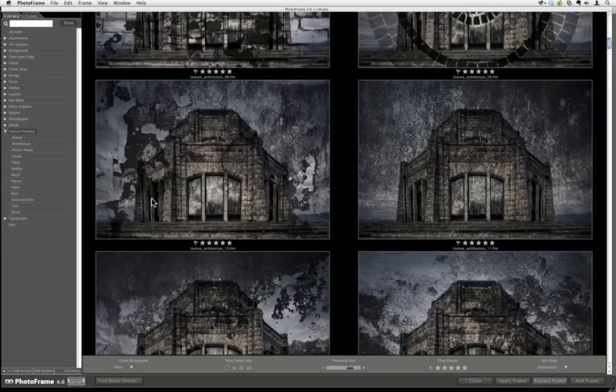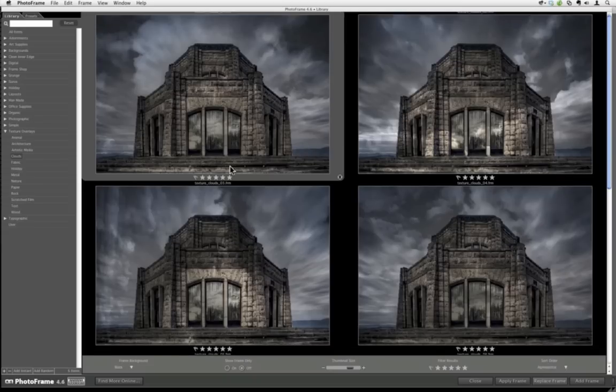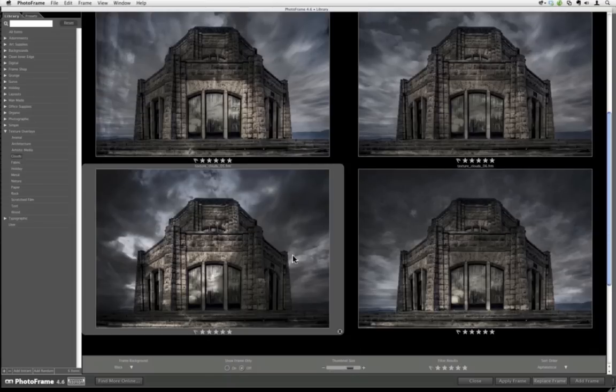The first thing that I wanted to do was to get something into the sky. If you remember, the sky had this kind of radial blur, giving the clouds an appearance that they're moving through the frame. I kind of wanted to complement them. So you can see here we have a clouds subcategory, and I'll go through and look to see if I can find one that matches. I like this one, number 5. What I'm going to do now is